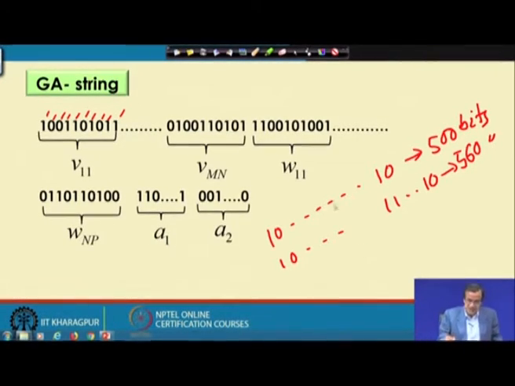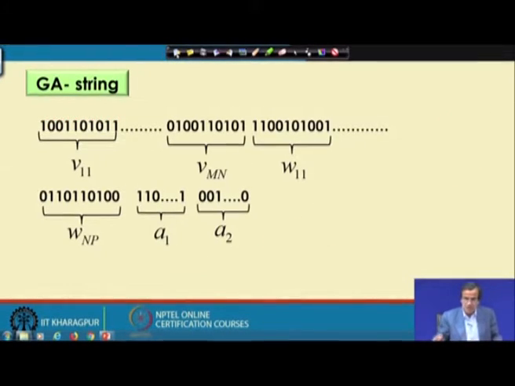What I am going to do is take a very simple problem having a fixed topology of the network. That means the number of bits which I am going to assign to represent the different variables in the different GA strings, the string length, will remain the same, and I am just going to find out with the help of GA what should be the optimal network and how to evolve that optimal network. So, the simplified version of that problem, I should say, I am going to discuss.